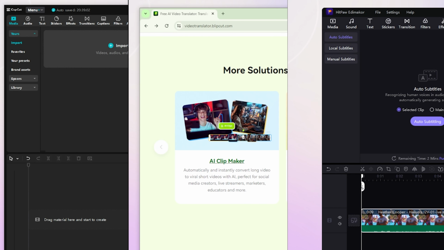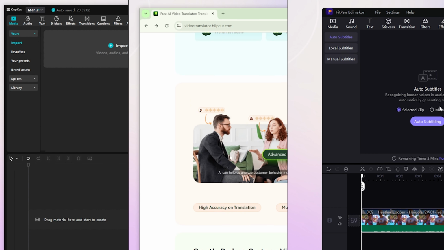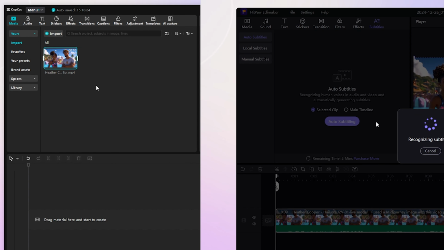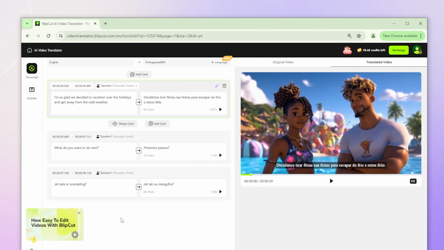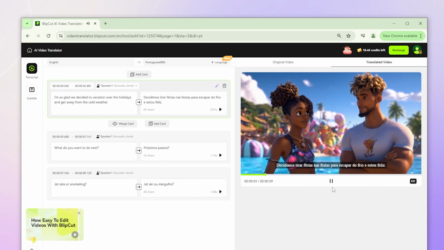These are the three tools we want to show you today, each with its own unique advantages. CapCut and HitPaw Editor offer more comprehensive features, while BlipCut is an online tool that doesn't require downloading and is